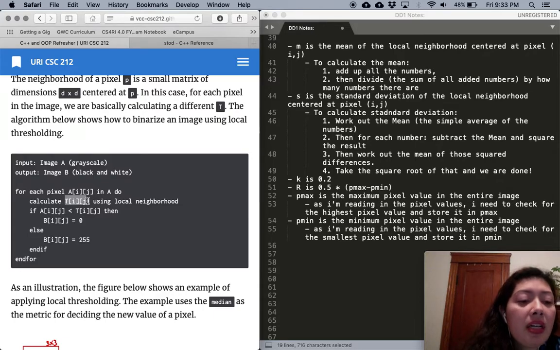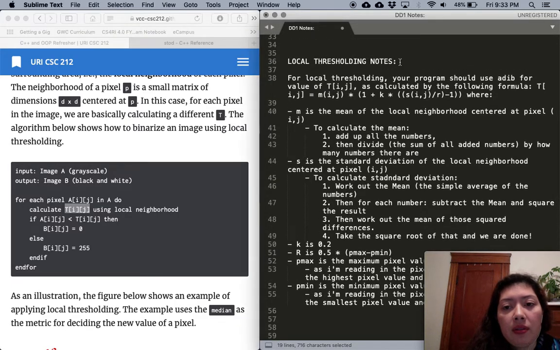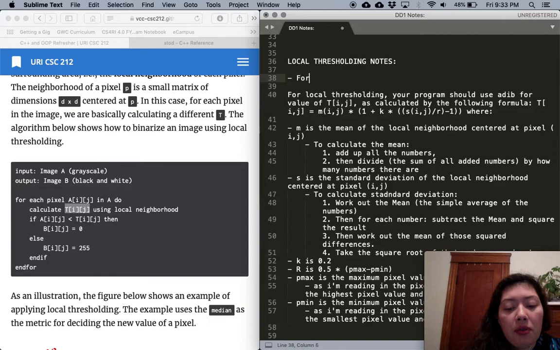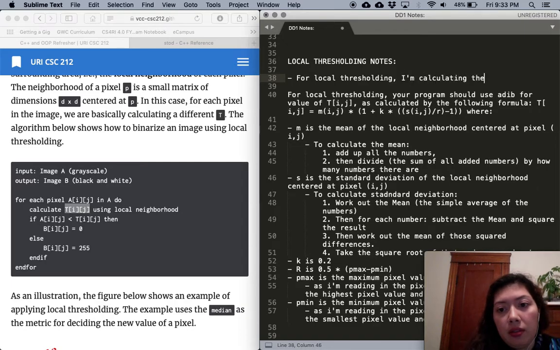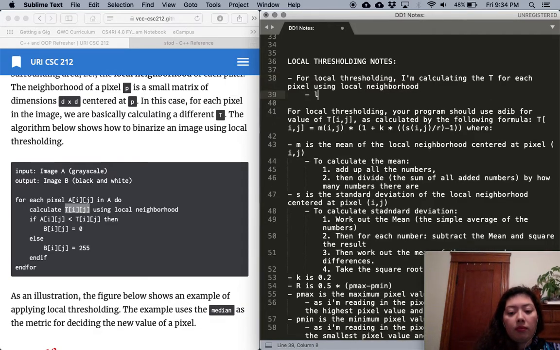So, okay, I'm calculating the threshold of that. So I need to have that variable defined, right? So I'm going to make a note for myself. So for local thresholding, I'm calculating the T for each pixel, using local neighborhood. Local neighborhood,